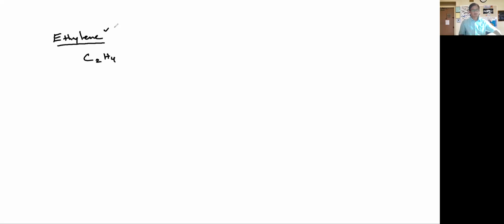Okay, but you could name this in the systematic way that we learned last week, so you can go ahead and name it. But the name that is most commonly used with this compound is ethylene. Okay? All right, so with the structure for ethylene, then what you want to do first is remember you want